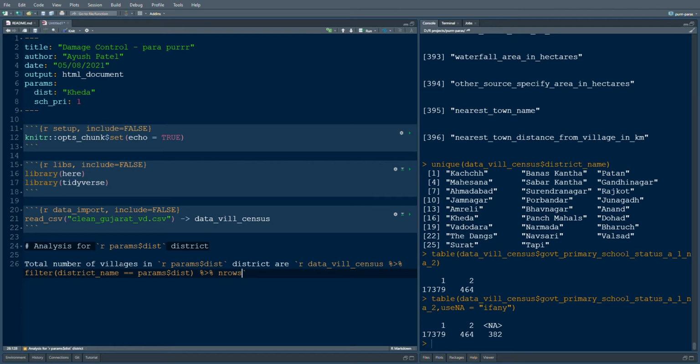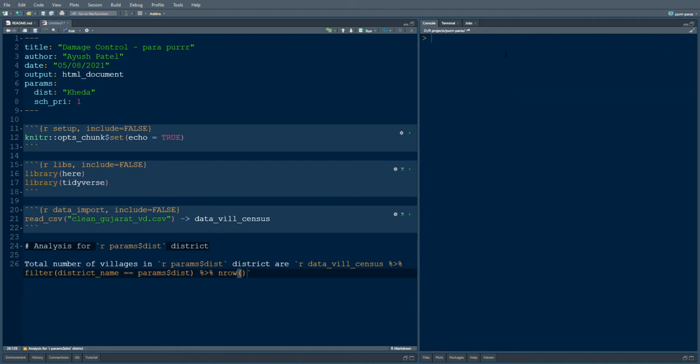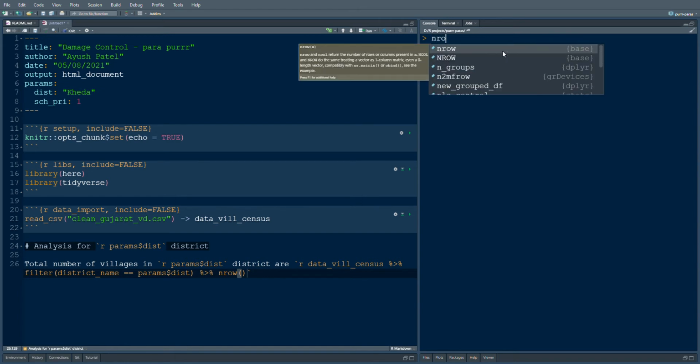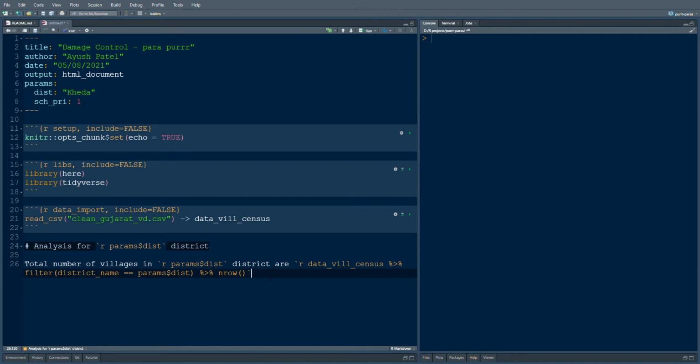So this will give me, let me see if the function is called nrow or is it just called nrows. I have forgotten because code completion always usually saves me. Oh, it's nrow, not nrows. Okay, fair enough. So here it will say total number of villages in Kheda district are this, and I'll quickly